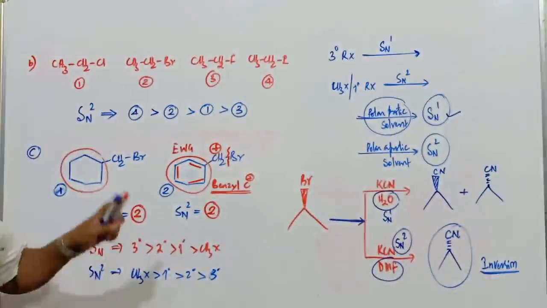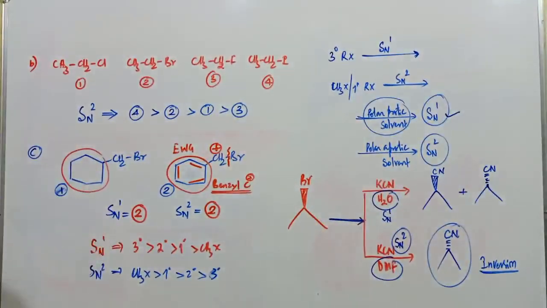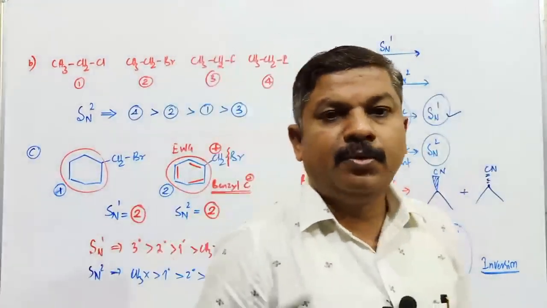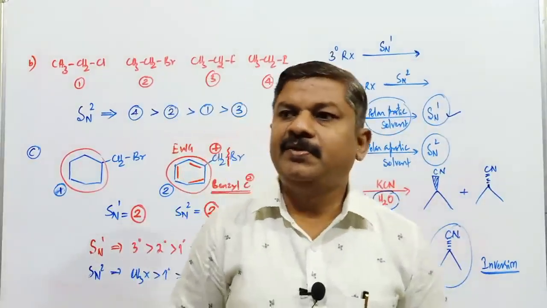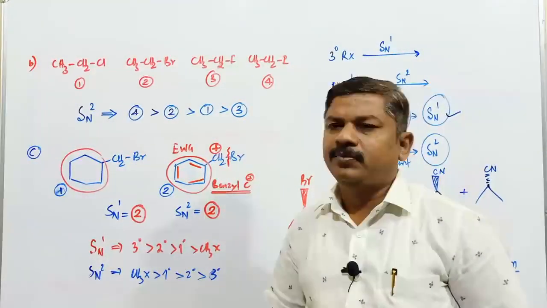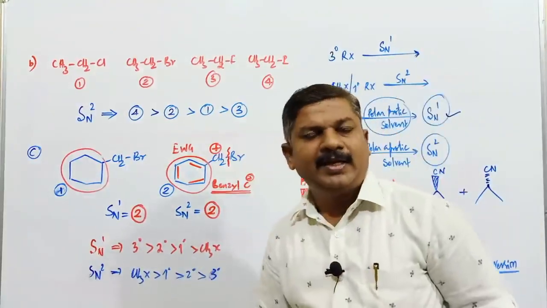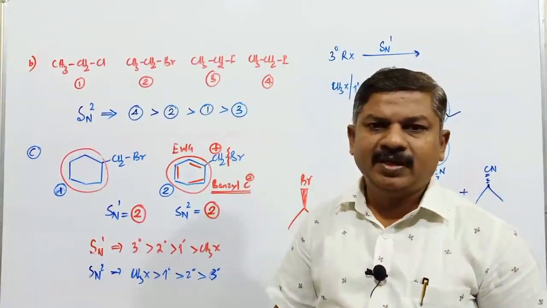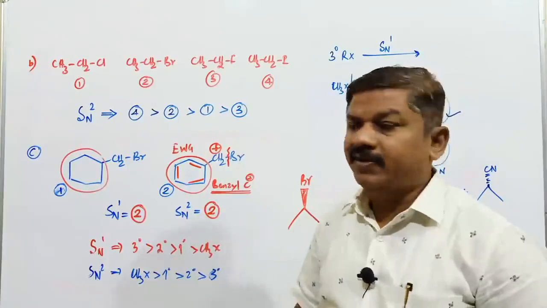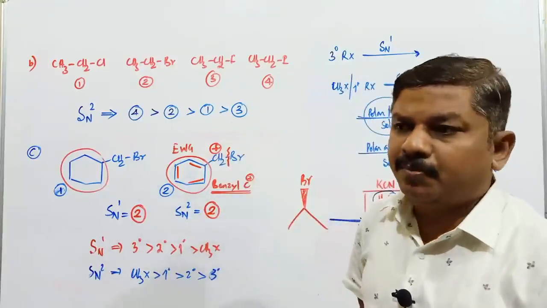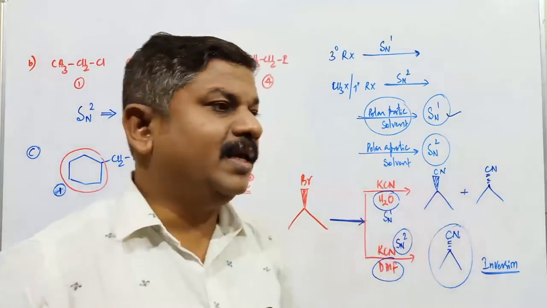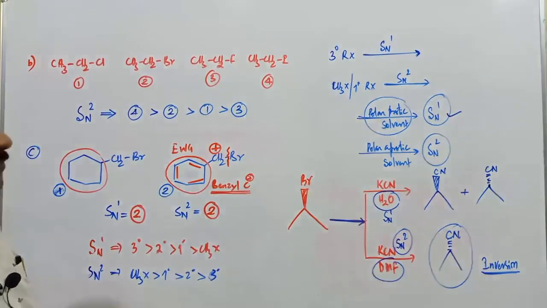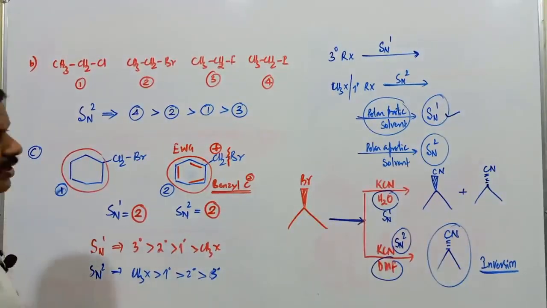Fine. This is about complete nucleophilic substitution reactions. In these reactions, first we discussed many types of substitution reaction, substitution by OH, substitution by alkoxy group, and so many different substitutions. After that, optical isomerism: retention, inversion, configuration, racemic mixture, R configuration, S configuration. At the end, we discussed two important mechanisms, SN1 mechanism and SN2 mechanism. Remember, okay? So this is one complete set of reactions, that is, nucleophilic substitution reactions.